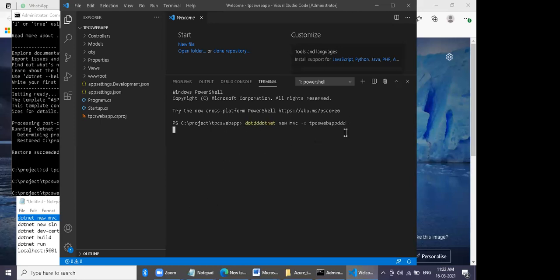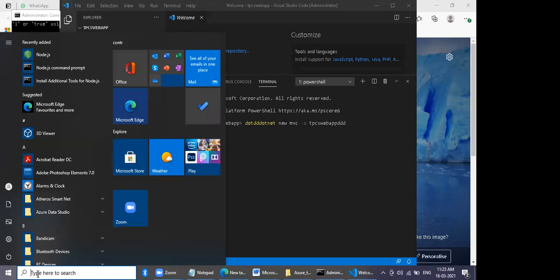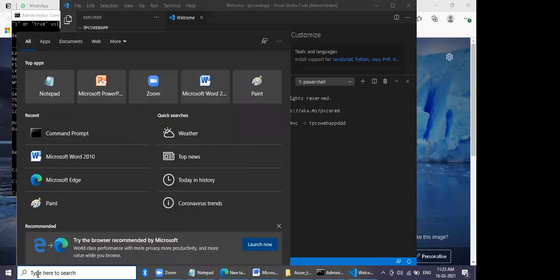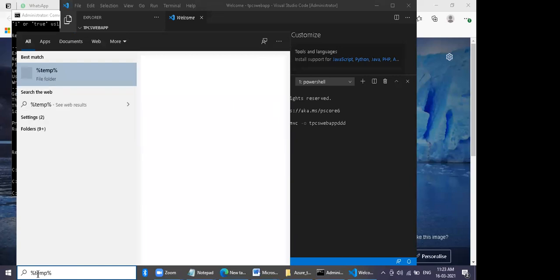Press Control C. Can you go to your start button and type percent temp percent? Click that one.